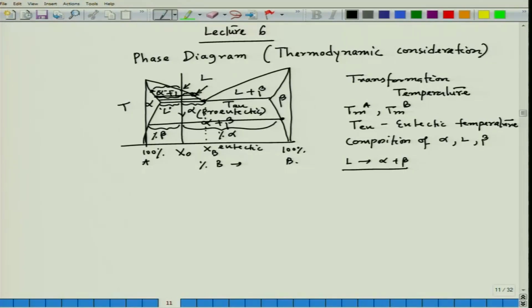And beta would have composition of this amount, and alpha would have composition this. So, like that way, at different points I could get to know what are the phases coming up,